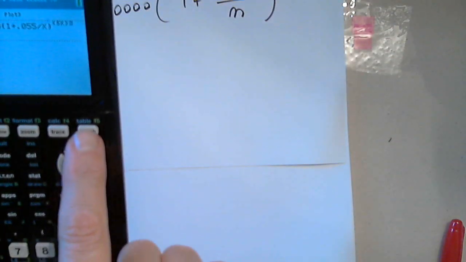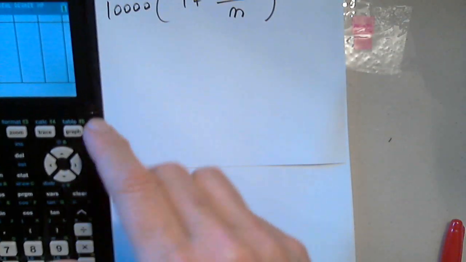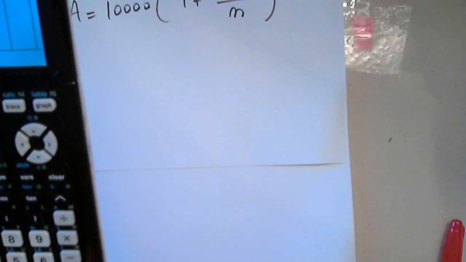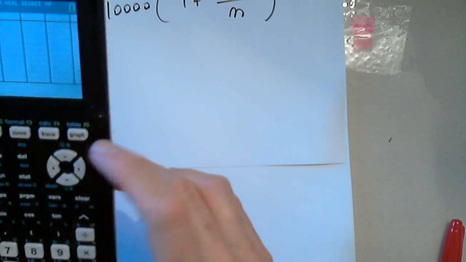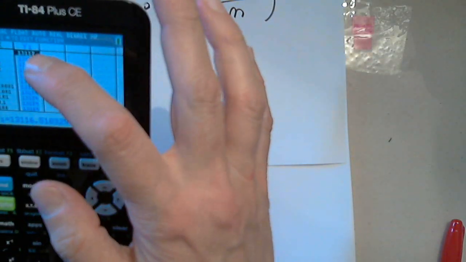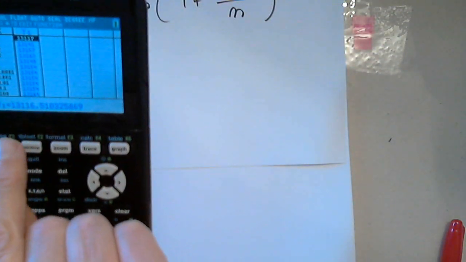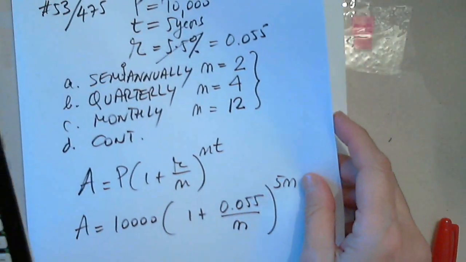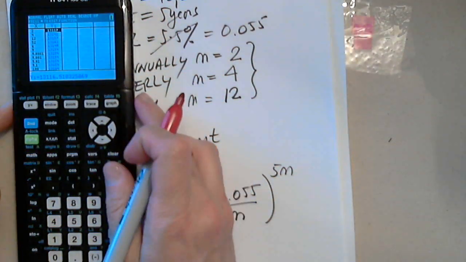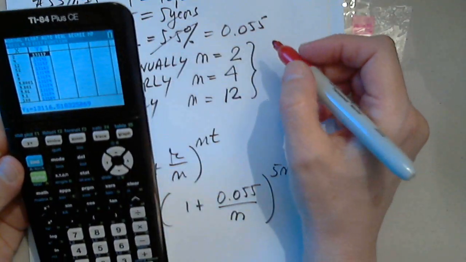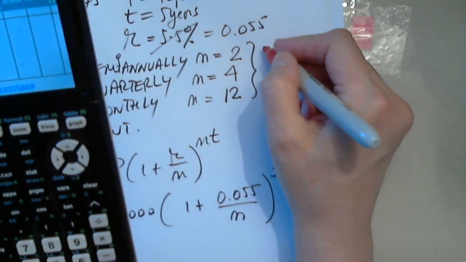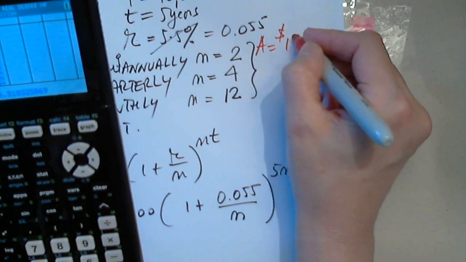Now with second and table, I would plug in the 2, and then the 4, and then the 12. And then I will go and highlight it to determine the decimal part. So for the first one, for n equals 2, I got 13116.51. So A equals